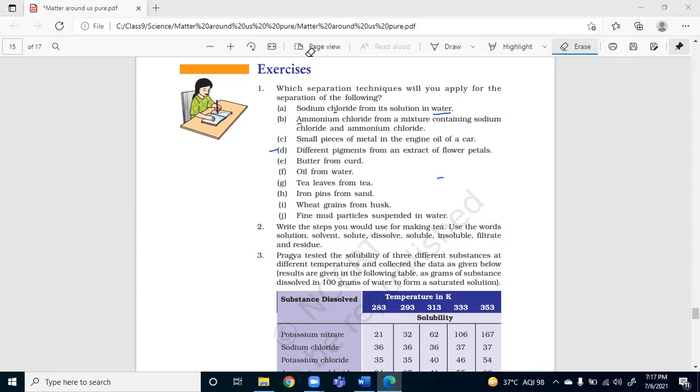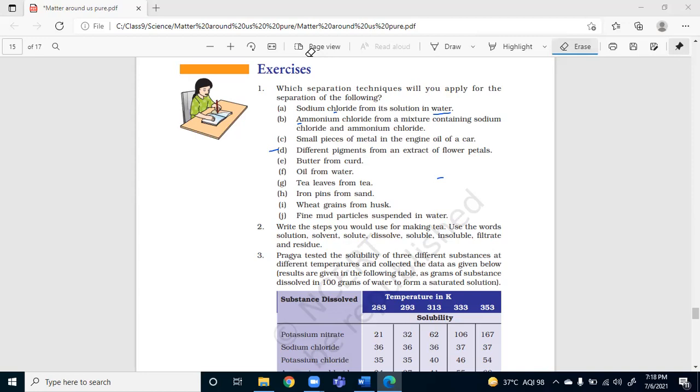Step 1, into a vessel add a cup of milk which is solvent. Supply it with heat. Step 2, add tea powder or tea leaves to the boiling milk which acts as a solute. Continue to heat. Step 3, the solute, example tea powder, remains insoluble in the milk which can be observed while it is still boiling. Step 4, at this stage, add some sugar into the boiling solution while stirring it. And step 5, sugar is a solute, but it's soluble in the solvent.